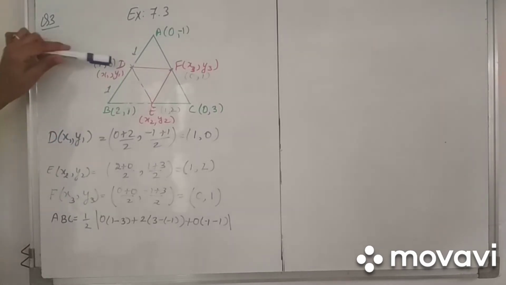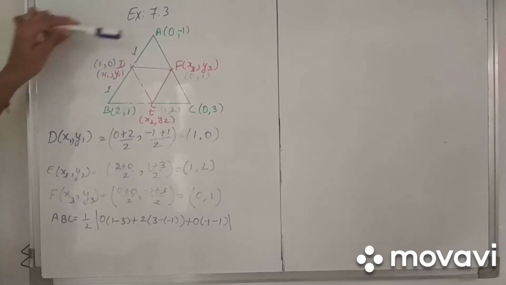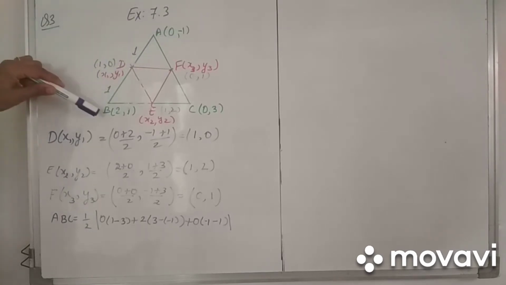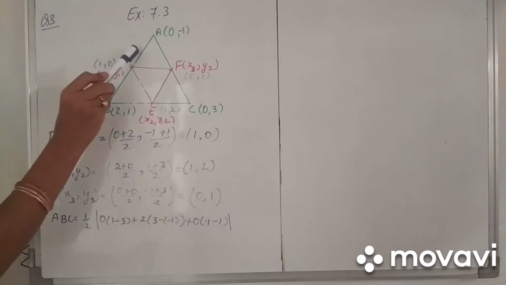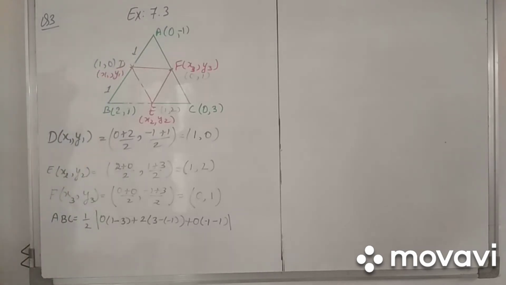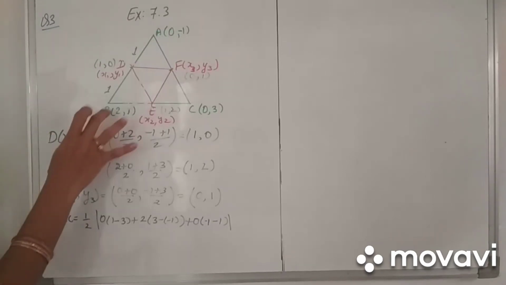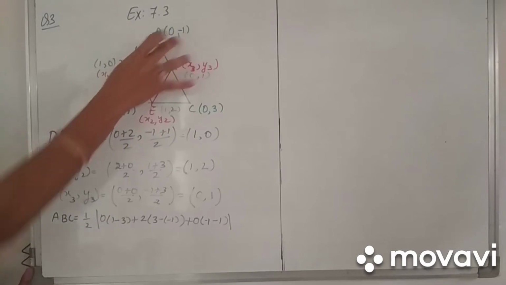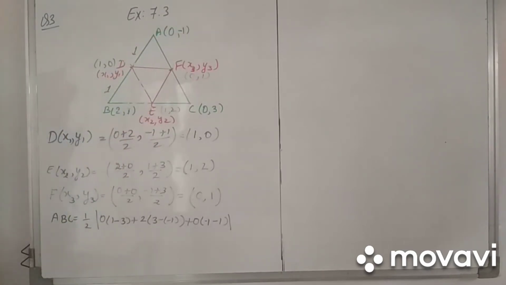Now how will we find these midpoints? They are not given, but A and B are given and its midpoint is D. So here I can apply the section formula. As it is a midpoint, m is equal to 1 and n is equal to 1. In my previous videos I already taught you, when the ratio is 1:1, instead of multiplying, you can directly add the coordinates x, x and y, y and divide by 2.